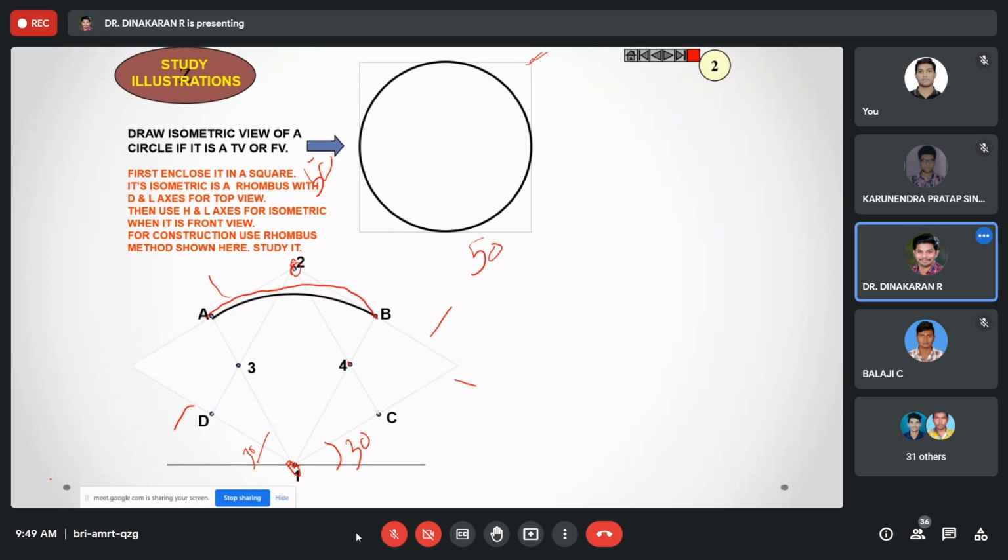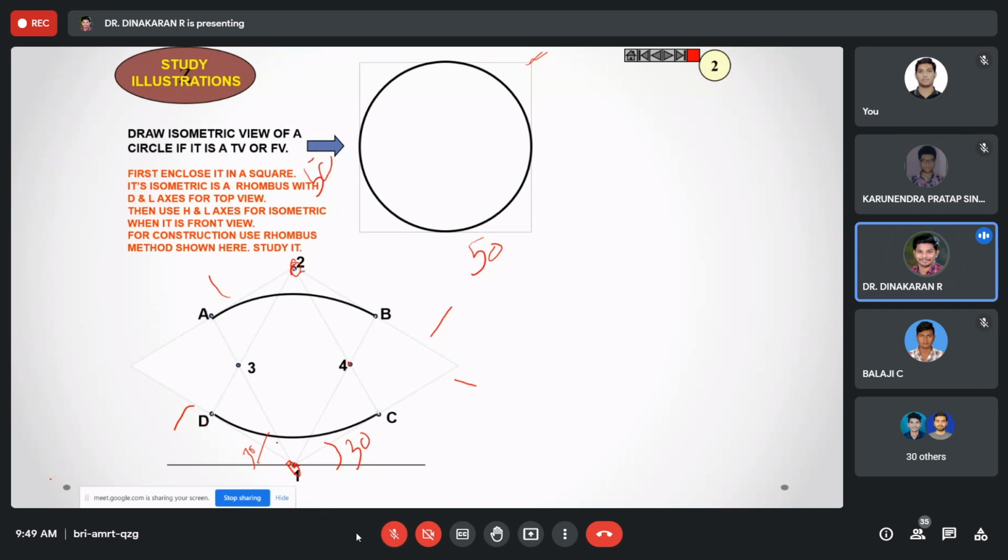Then after that, here which one is center? The previous one is center. With 1 as center, radius of A, we draw an arc up to this one. Okay, so you see 1 is center, A is radius, we draw an arc from A to B. For the opposite, which one is center, 2 or 3? 2 is center, D is radius, we need to draw an arc from D to C. Okay, 2 to D and 2 to C are the same radius.